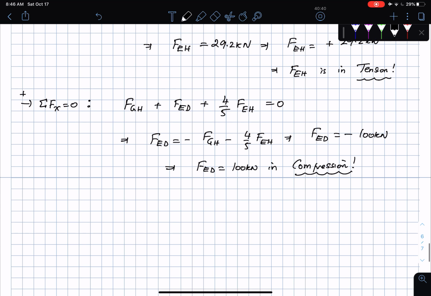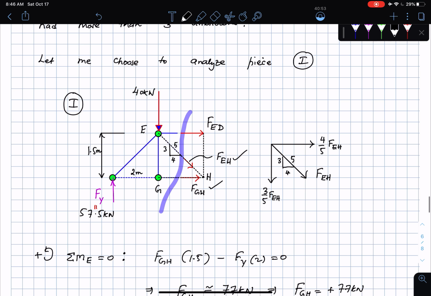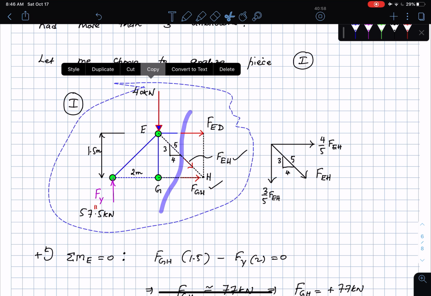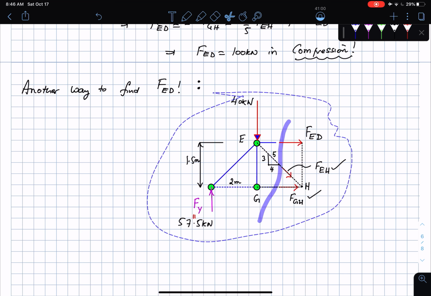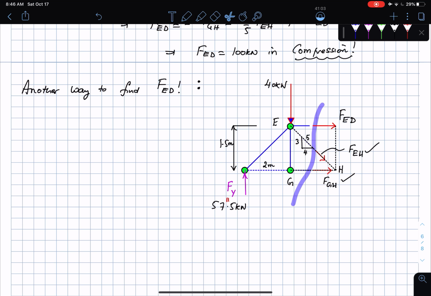Another way to find FED is the following. Okay, I'm just going to take my figure from here, grab this one, and then bring it down here. I can sum moments about the point H. Okay, I can use the sum of moments multiple times if it makes sense to me to find out what I need to do. I could sum moments about the point H and then set that equal to 0,